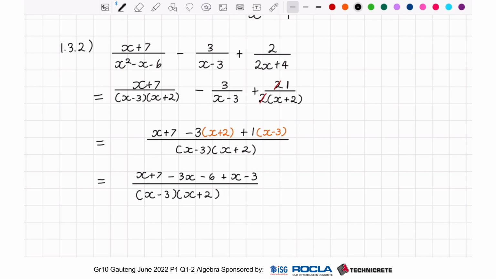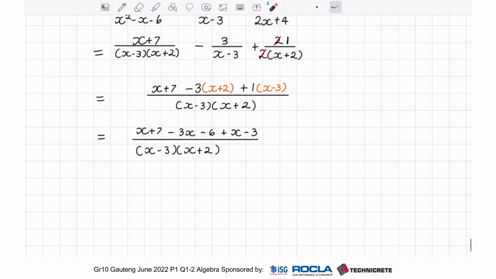Okay, and then I'm grouping my like terms at the top. So for the x's, I will have x, minus 3x is minus 2x, plus another x is minus x. And then for my numbers, I'm going to have 7, minus 6 is 1, and then minus 3 is negative 2. So in my numerator, from the x's, I have minus x, and from my constants, I have minus 2. And x minus 3,